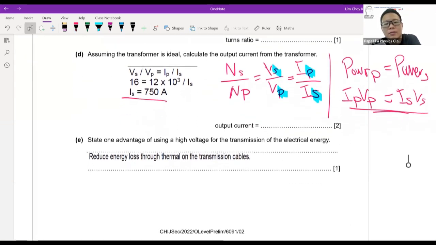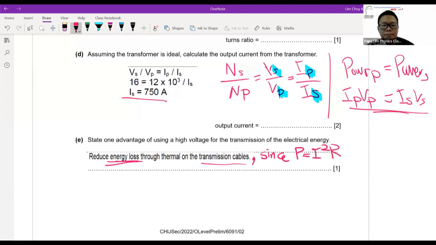Okay, the transmission of power has to be done at high voltage. One of the main things is to reduce energy loss in the cable itself. Sometimes I will ask students to go one step further, to tell the marker that since the power loss is I squared R, the cable wants to be transmitted at high voltages,